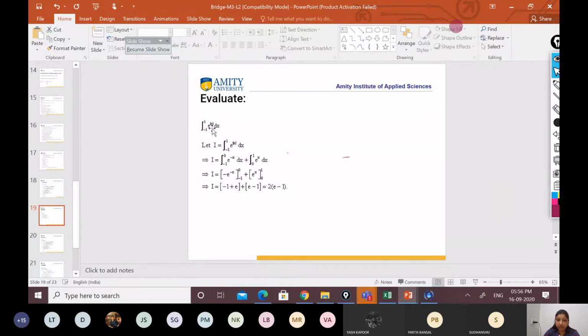Yes, this one is a good question. Integral from minus 1 to 1 of e to the power mod x dx. So we will break the interval minus 1 to 1 here, since mod x behaves differently before 0 and after 0. When we take a middle point in between the interval minus 1 to 1, it is 0. So when we are taking minus 1 to 0, we will write mod x as minus x. And when it is 0 to 1, we will write mod x as plus x. So simplifying this function and the integral accordingly, you will get the answer.